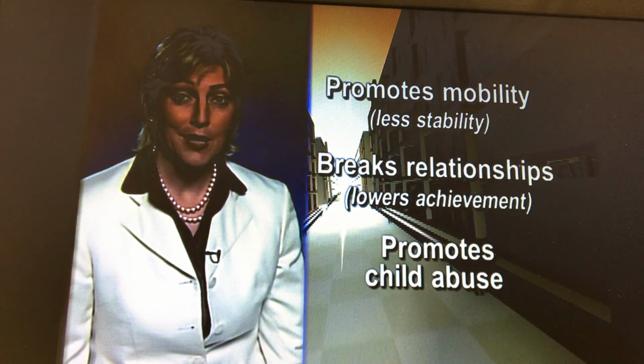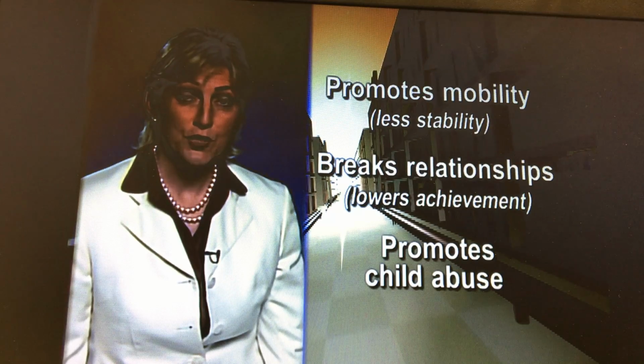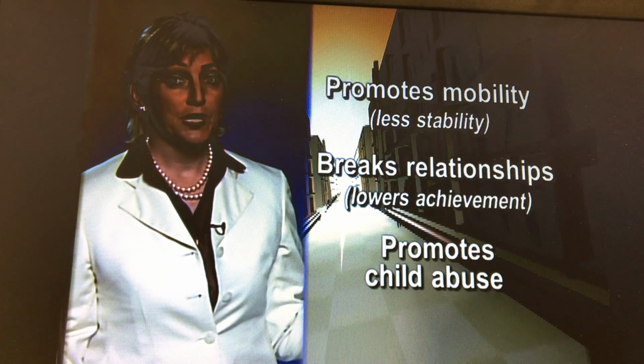The third thing that happens is it promotes abuse. This is distasteful to me, but I need to explain it to you. You're 7 times more likely to be abused if you're in poverty than if you're not. And across all economic levels, regardless of class, 70 to 80% of child abuse is done by people who are not the biological parents. So the more non-blood people you have in and out of the household all the time, the greater the opportunity